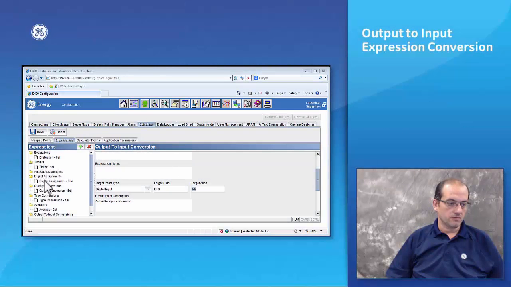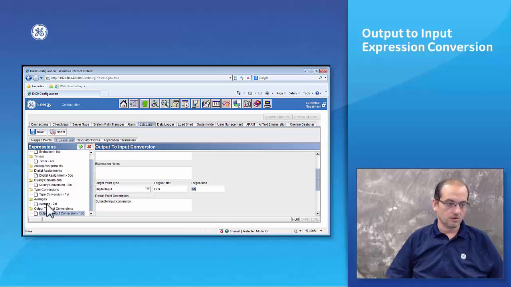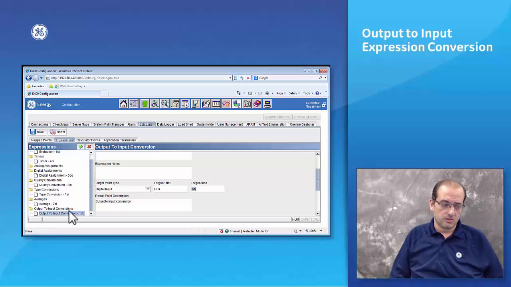So we have covered the evaluation, the timers, the assignments, analog and digital assignments, the conversions, quality type conversions, the averages, and the last feature of the calculator that I'm going to demonstrate to you is the output to input conversion. Why would we need an output to input conversion is a common question. Basically, the output to input conversion is a message that's coming from one master to another master or a couple